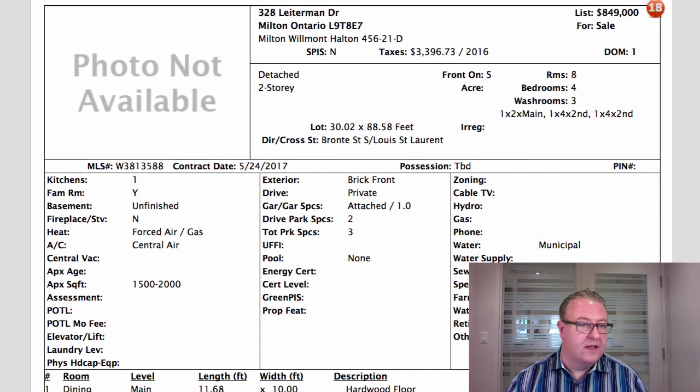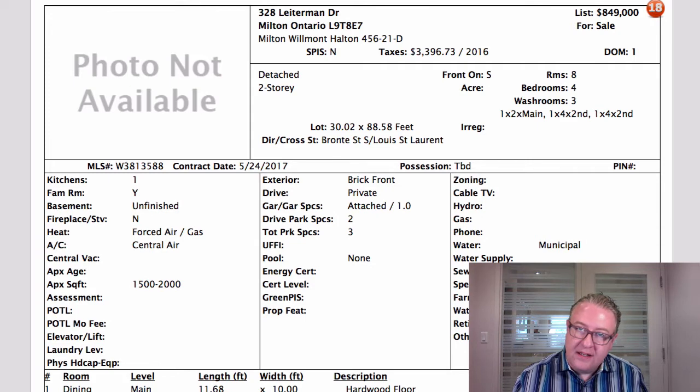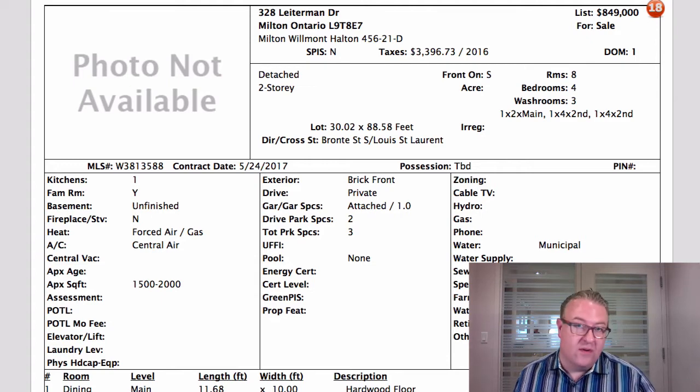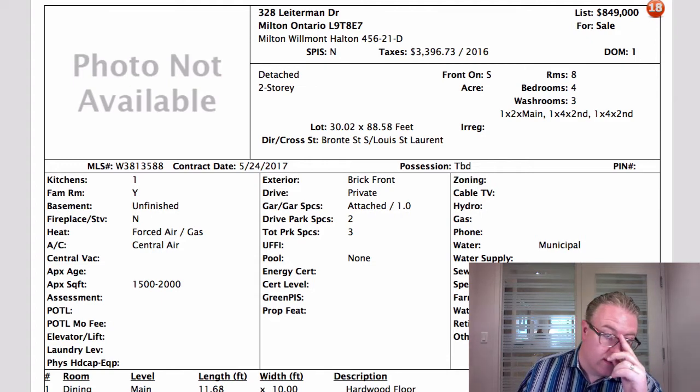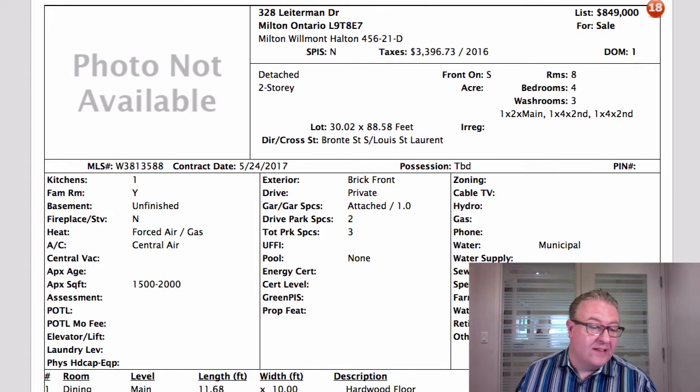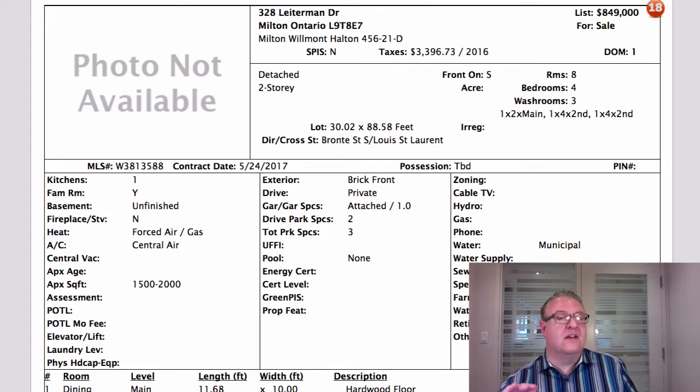Now this one on Lederman, you can find the old pictures online. They were at $799 and then the price went up. At $799, I think it's a very nice home. That was the right price. I feel like $850 is just not going to work. 1938 square feet, and like I said, good